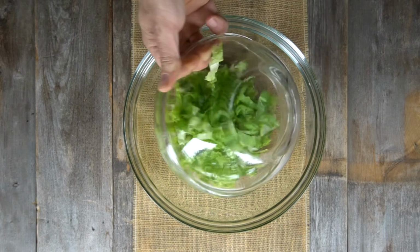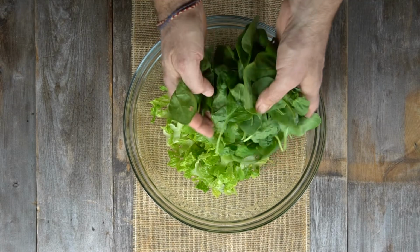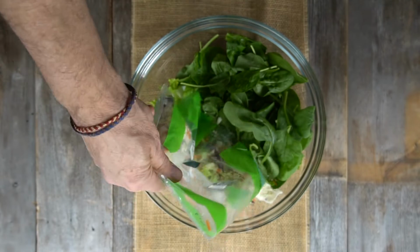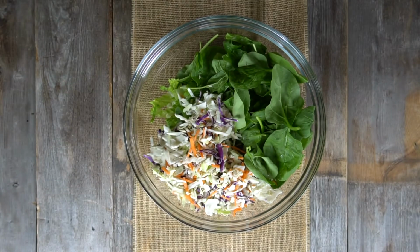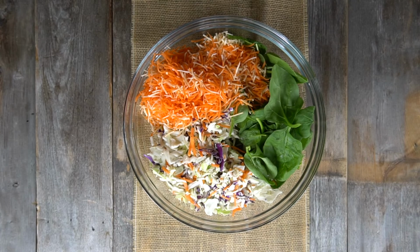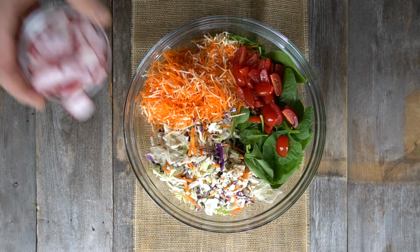Let's go. Let's start by adding 1 head of romaine lettuce. I cut it into bite-sized pieces, 2 handfuls of baby spinach, half a bag of store-bought slaw. Now the veggies, the julienne of 1 carrot and 1 parsnip, a handful of cherry tomatoes, they're quartered, a handful of